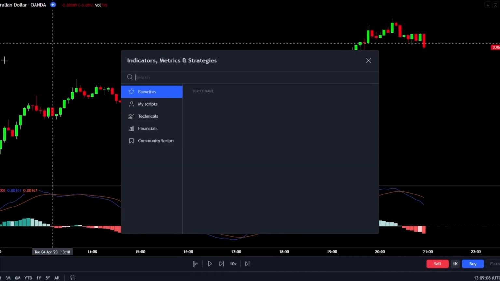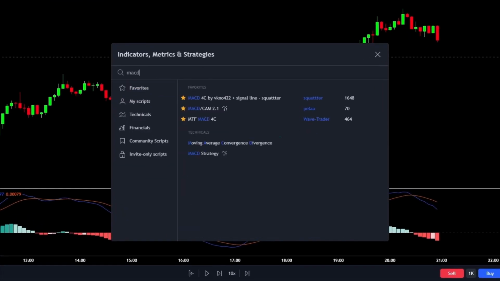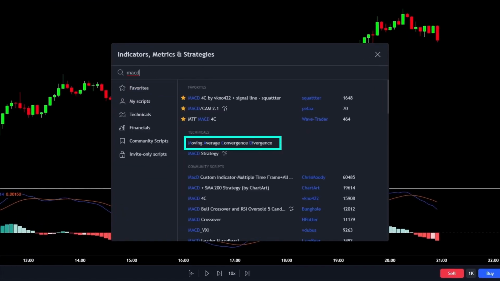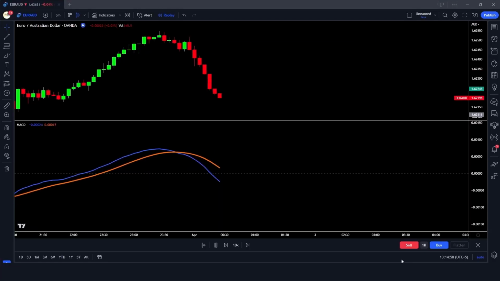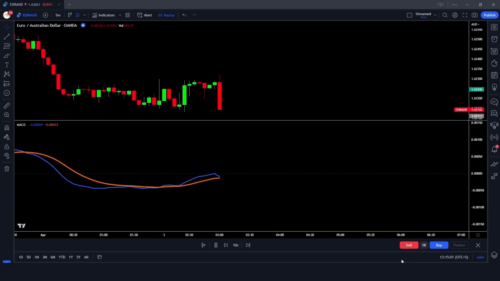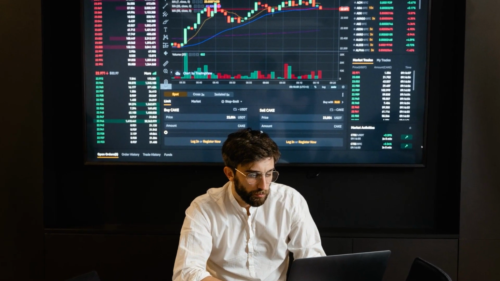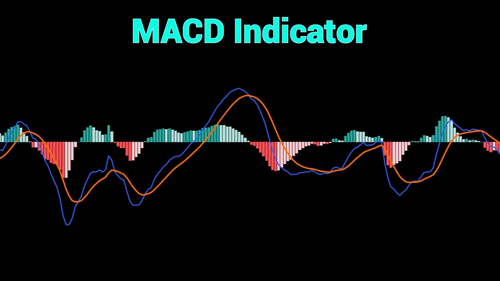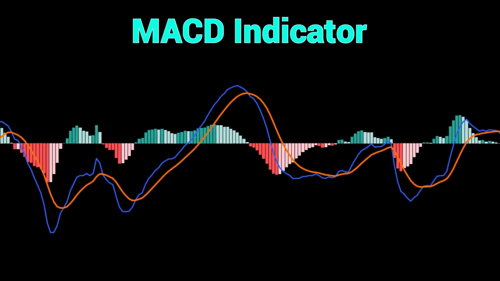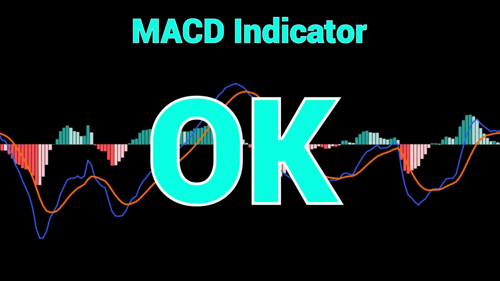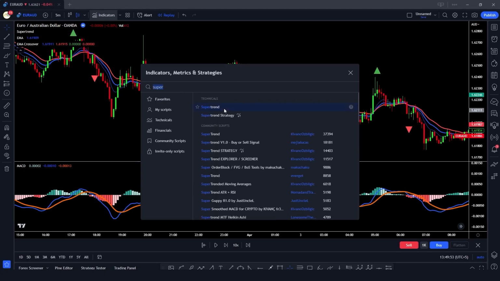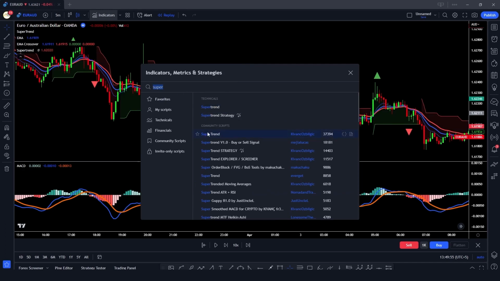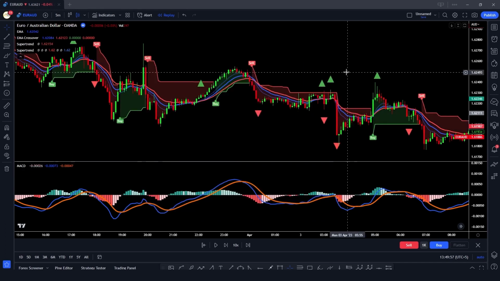The MACD, or moving average convergence divergence, is one of the top technical indicators favored by traders. And this powerful tool utilizes moving averages to pinpoint market trends. And trust me, it's incredibly effective at doing so. Now, if you've been trading for a while, chances are you've already encountered or used the MACD indicator. But let's be honest, on its own, the MACD is just decent. So stick around for the entire video to discover how I combine it with other indicators to significantly enhance its